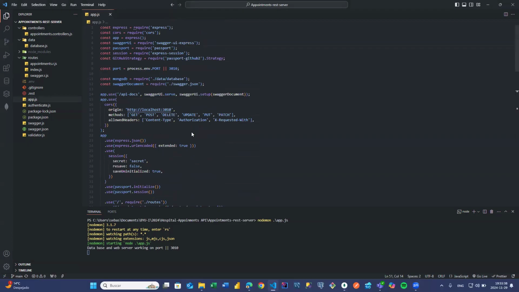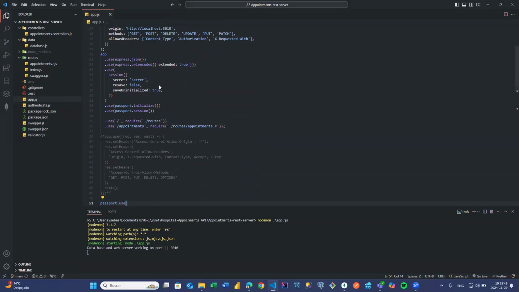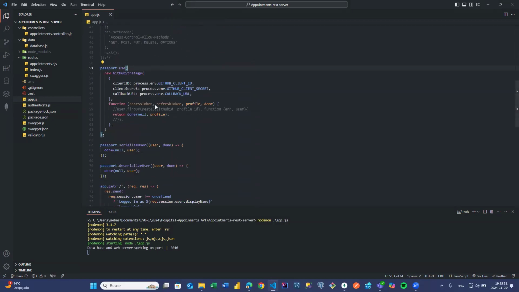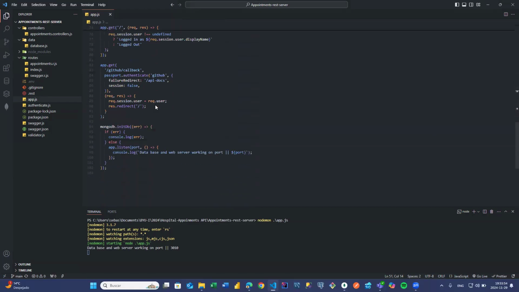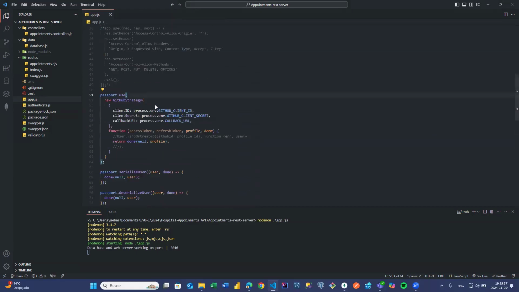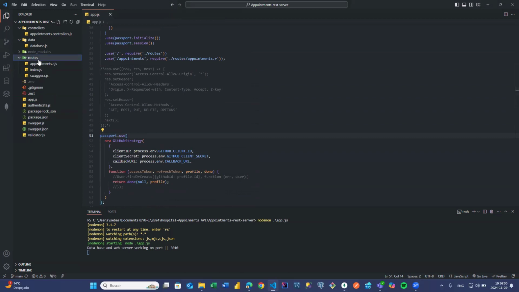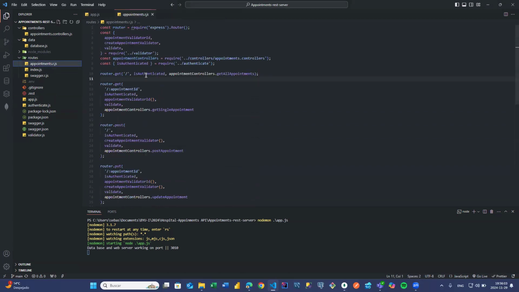Requirements with the server. The app.js is where I have the port, the different packages for cors, for the password initialization, and everything about the OAuth authorization. And here in my routes, I have the different routes with the different functions that I'm exporting from other files, like isAuthenticated about the OAuth functionality,